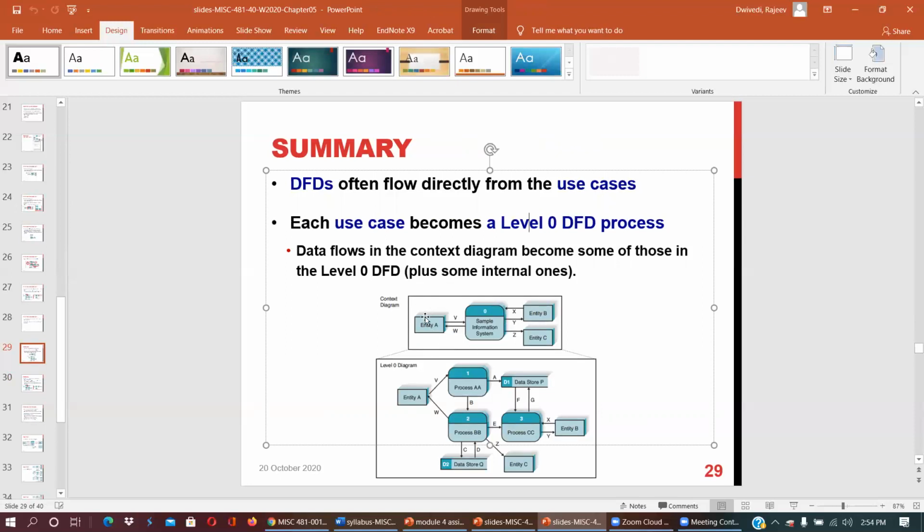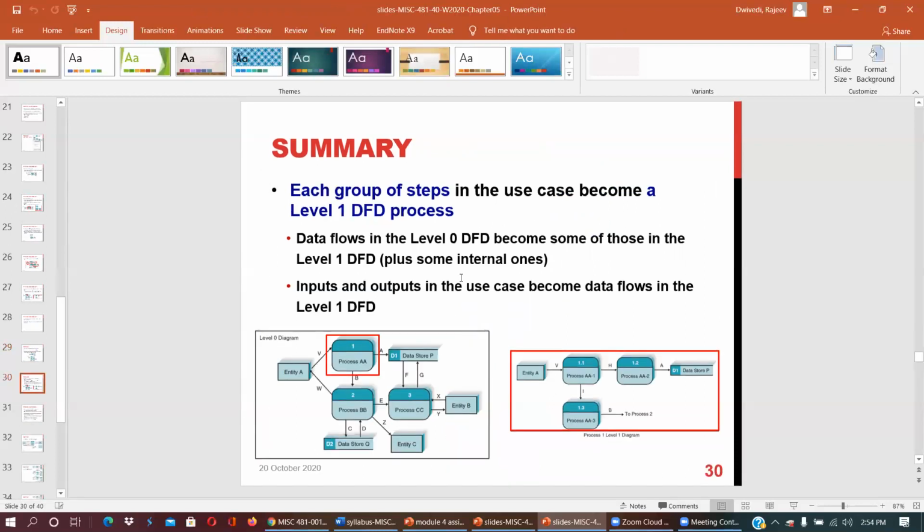So here you can see the context diagram, the entity, level 0 plus some data stores here. Each group of steps in a use case becomes a level 1 DFD process. I already explained this.